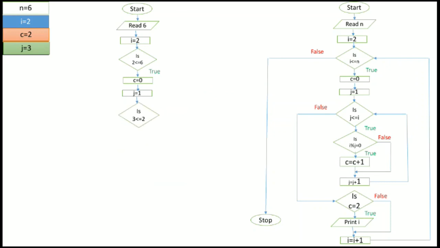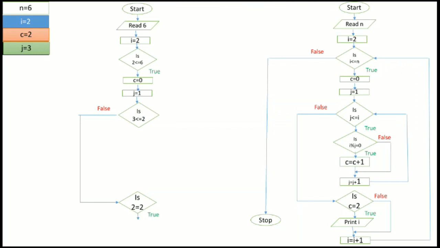So is j less than or equal to I? That is, is 3 less than or equal to 2? No, it's not true. The condition is false. Now we will check, is c equal to 2? So is 2 equal to 2?